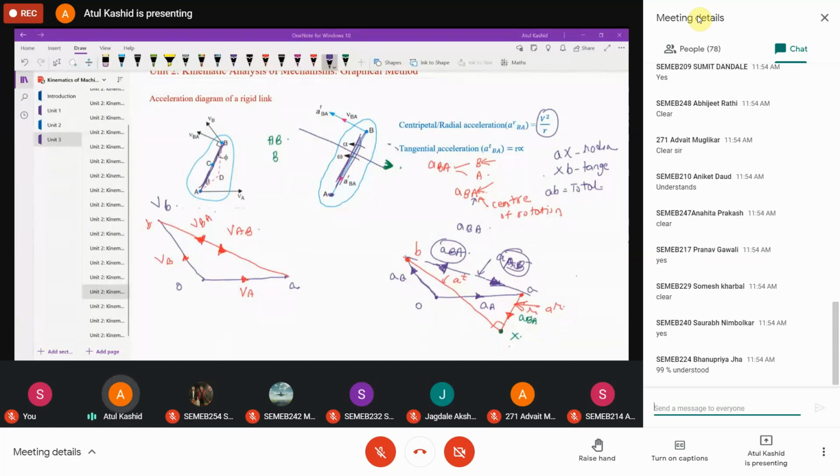Now everything depends upon the numerical that we are going to solve. In the next lecture, we are going to solve a numerical in which we need to draw both the velocity diagram and the acceleration diagram. I request everybody to please not remain absent for that lecture. Once you understand one numerical, the other numericals are very similar to it. You only have to understand the concept, and then any problem from unit number 3, you will be able to solve. So in the next lecture, we'll see one numerical with both velocity and acceleration.